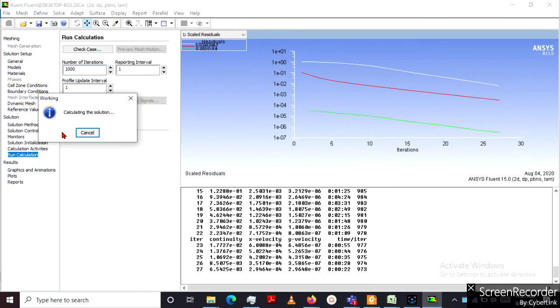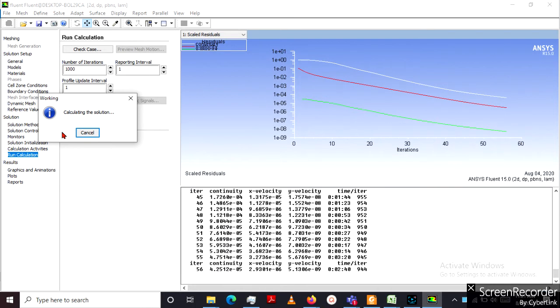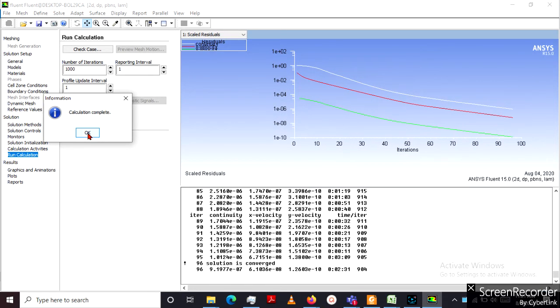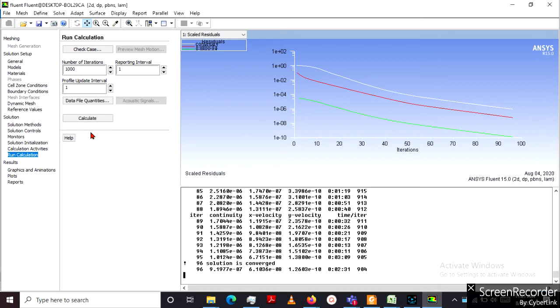So you can see here the residuals are dropping. White line represents the continuity equation residuals and red and green lines are representing x momentum and y momentum residuals. So the solution has converged after 96 iterations.